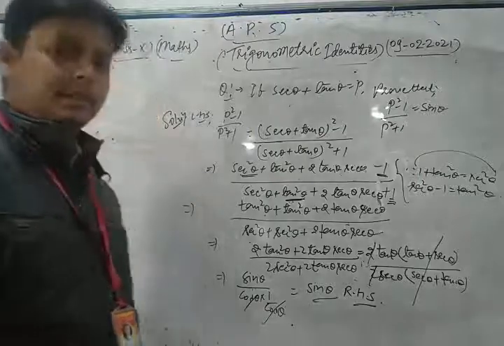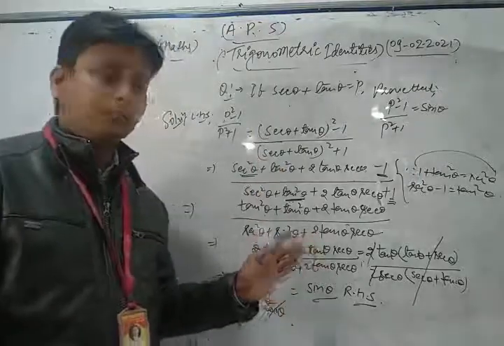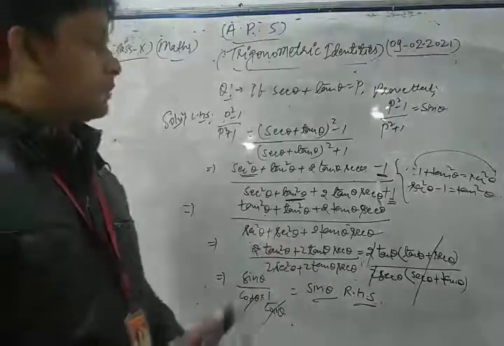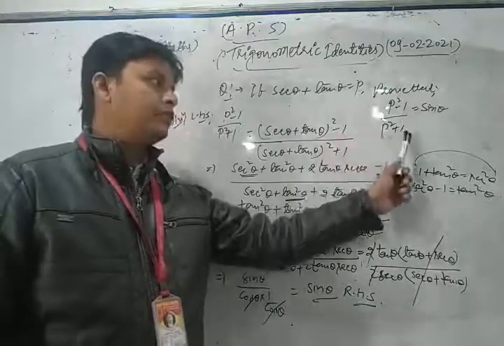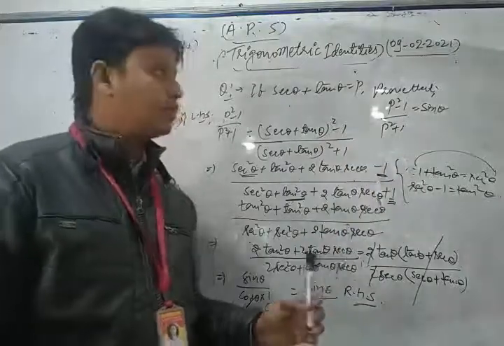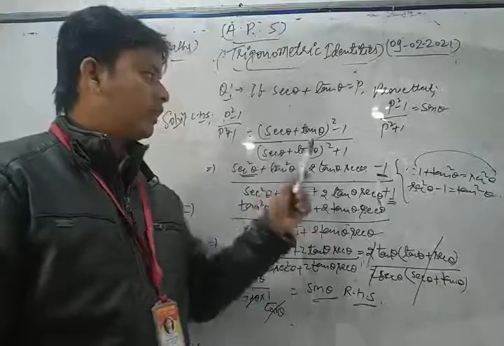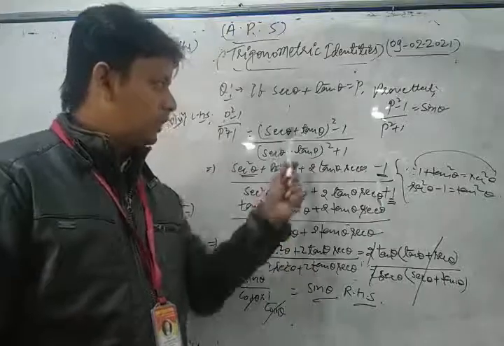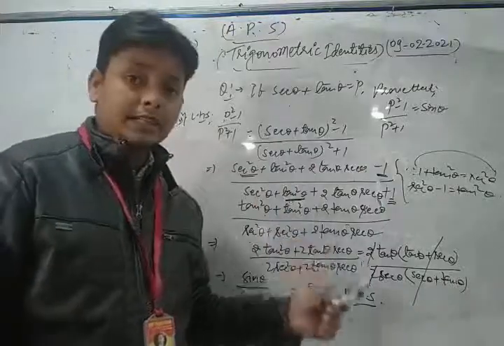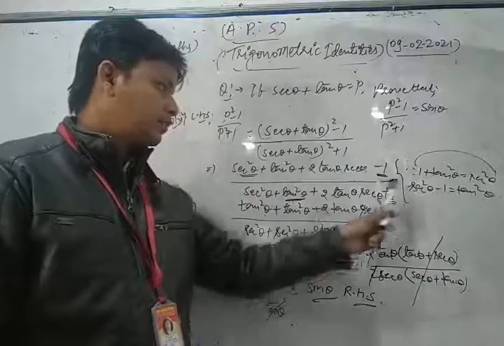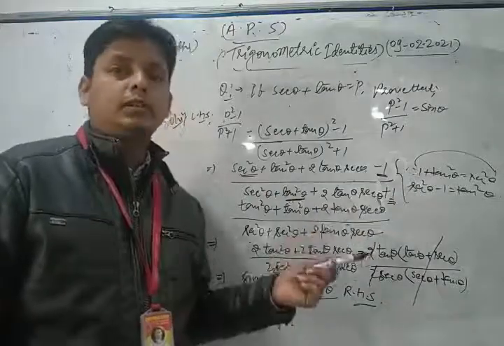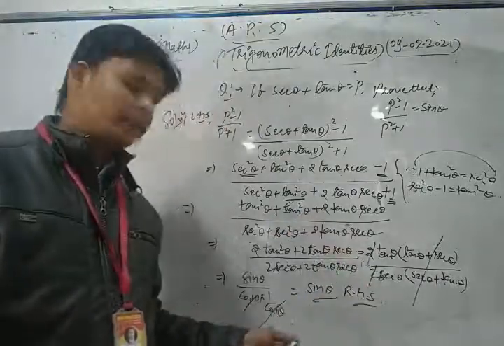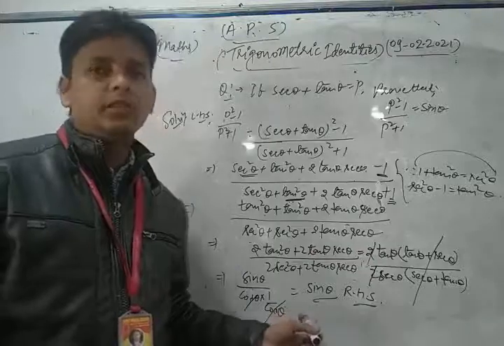Okay dear students, this is a very important question of your syllabus, so please do more and more practice of this type of question. Let's see once more. This is the given value of P, and we have to show that P square minus 1 upon P square plus 1 is equal to sin theta. So we put the value of P in the given relation, and after simplifying and using the identity 1 plus tan square theta is equal to sec square theta, or sec square theta minus 1 is equal to tan square theta, we simplify and prove the given result.